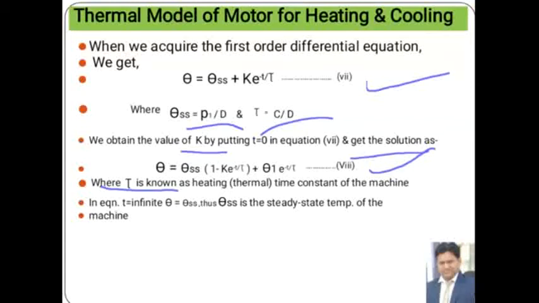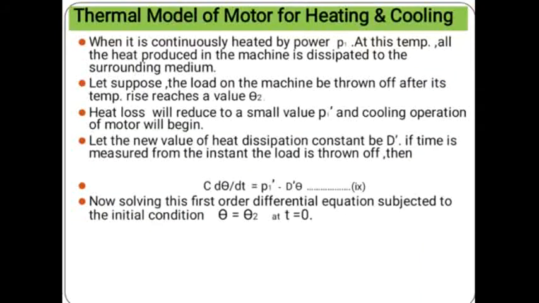In this equation, when t is infinite, θ equals θss. Thus, θss is the steady state temperature of the machine when it is continuously heated by power P1. At this temperature, all the heat produced in the machine is dissipated